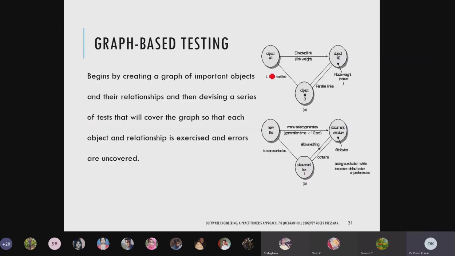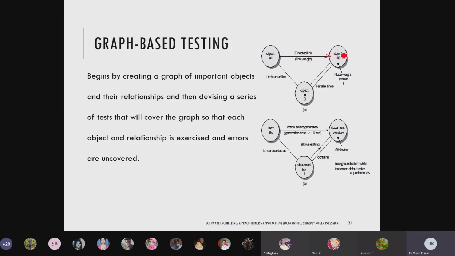Now graph based testing, which we have already seen. We have the links, and we will create this graph. Why? We want to uncover the errors. In the graph, some lines will be directed, meaning they have some direction, and this is the flow it is telling.